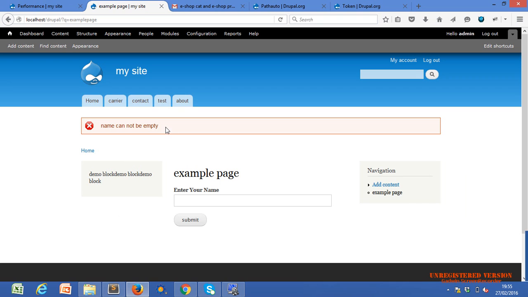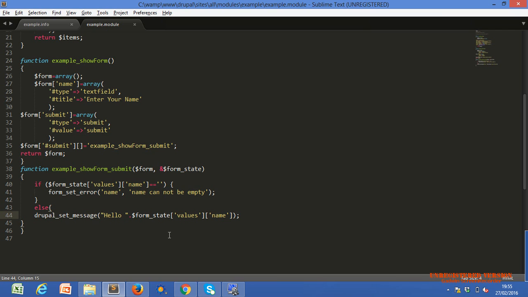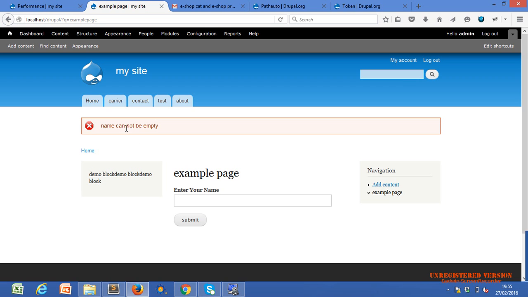Here, name cannot be empty is shown because we clicked the submit button, or you can say we submitted our form without entering anything into the text box. So this if will be true, this function will be called, and name cannot be empty will be printed. And if we put anything else,